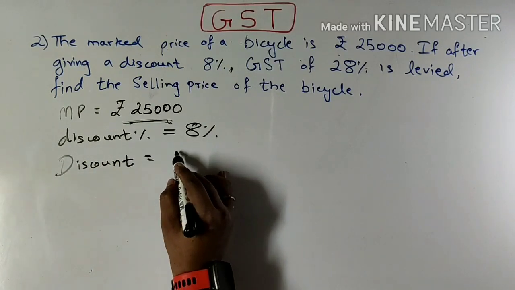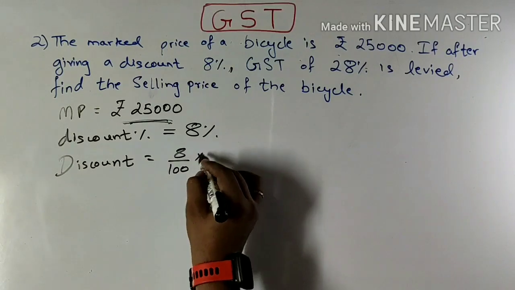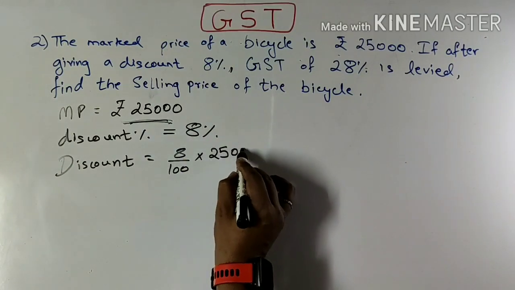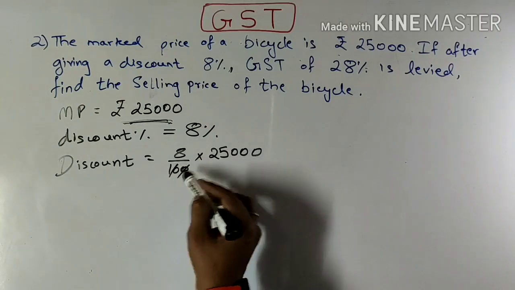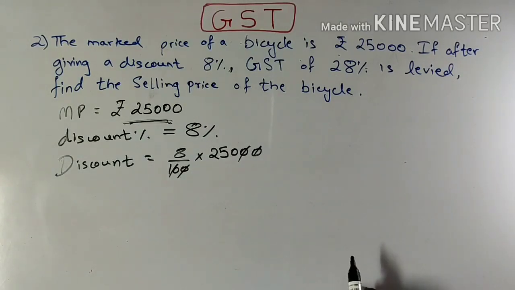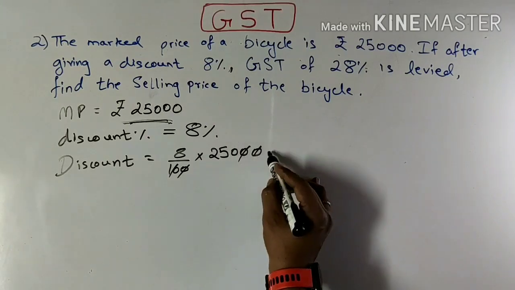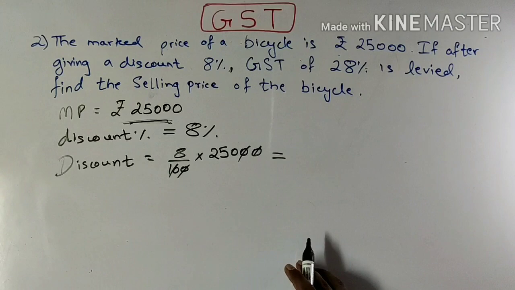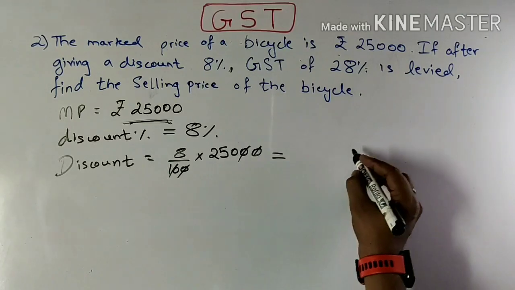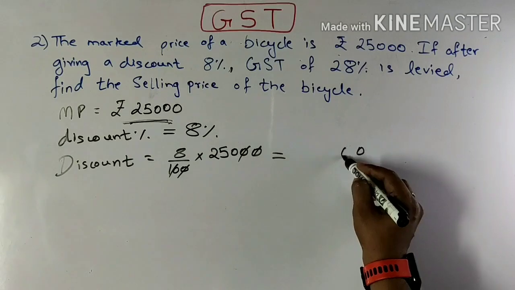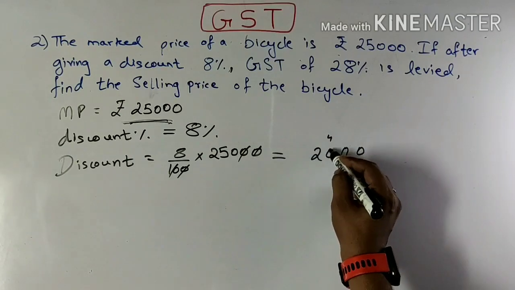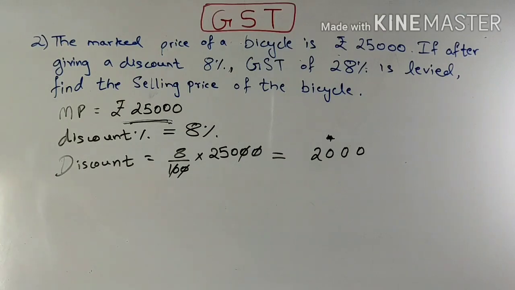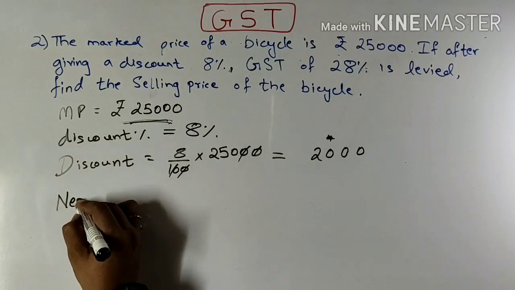Discount is equal to 8 upon 100 multiplied by the marked price. So after solving this, we get 8 into 250. So the discount comes to around 2,000. Okay, now what will be my new marked price? If my discount is 2,000, my new marked price will be